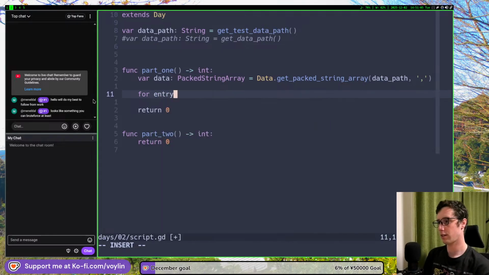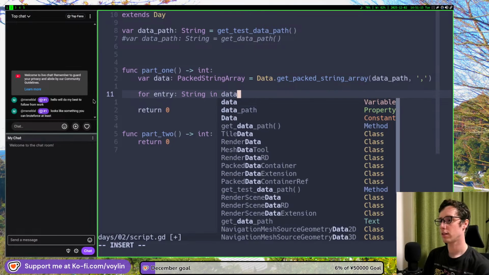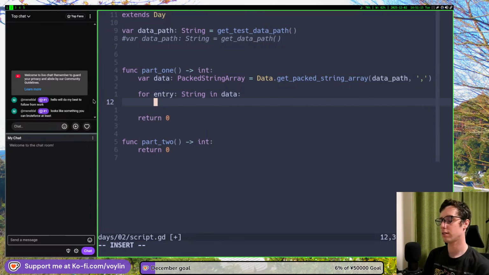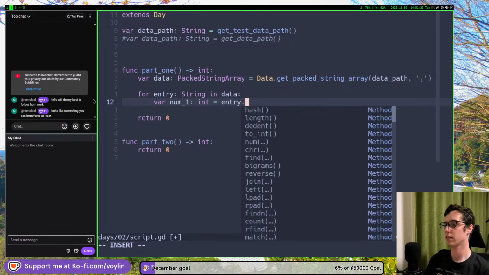So for entry string in data, then we need to get var num1 int is entry dot